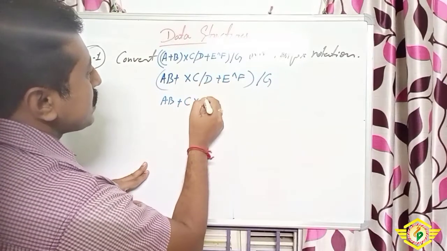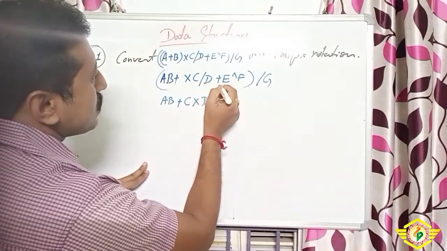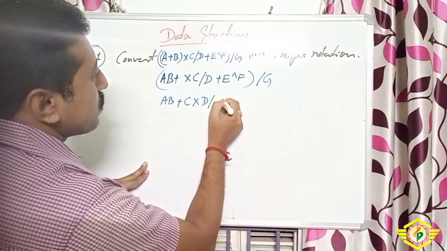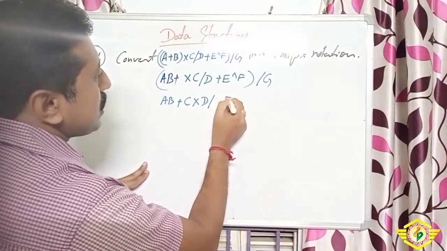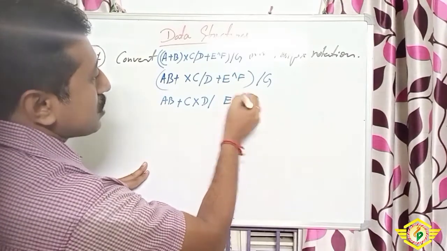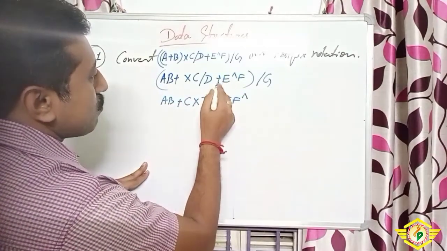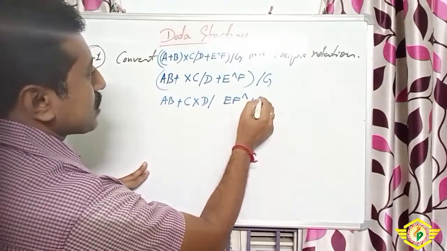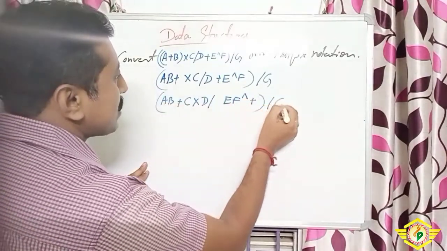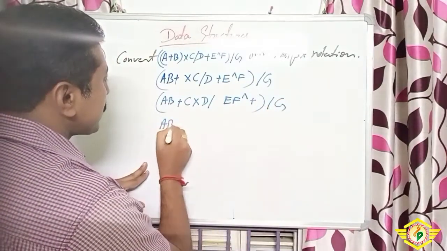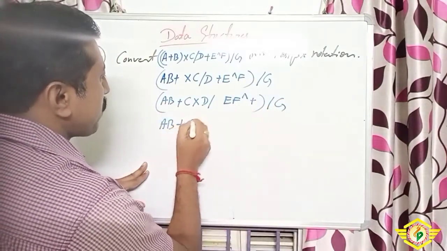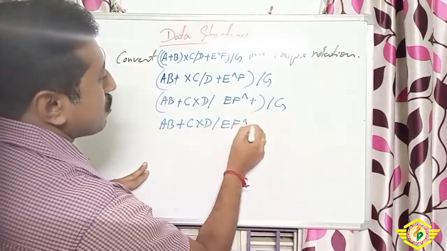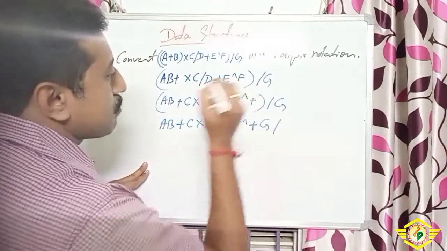So it should be ab plus, then c into, and this division we can write, that is d by, and this e exponentiation part should be done first, so we can do it: e f. This plus sign was here, now it will go after this one. So I can keep it within by z. Next is ab, this parenthesis should be removed: ab plus c into d by e f plus z by.